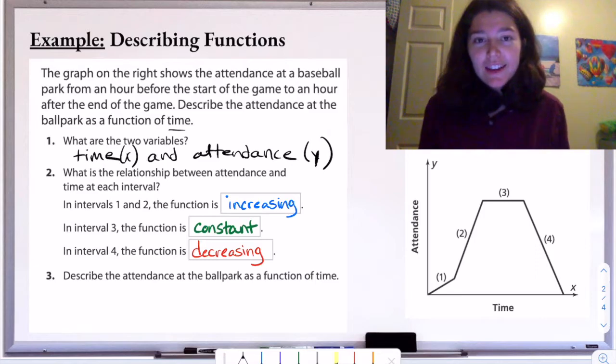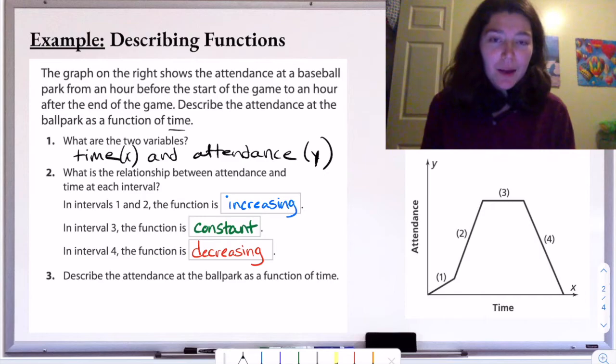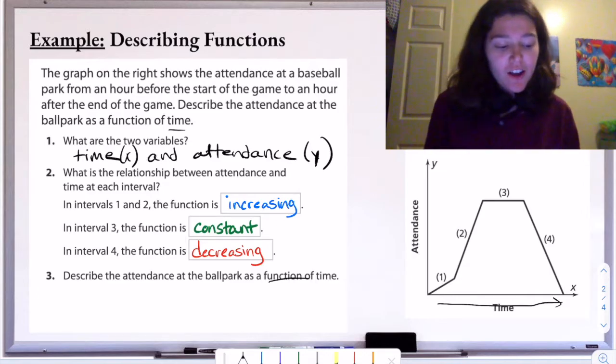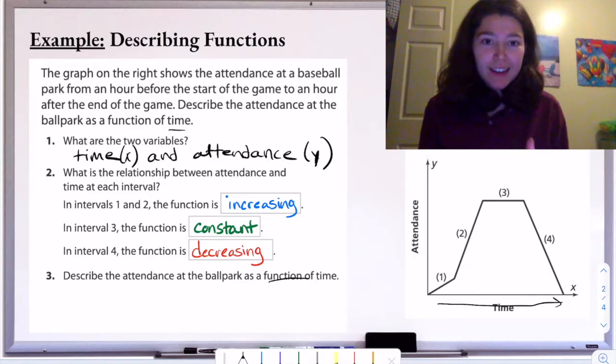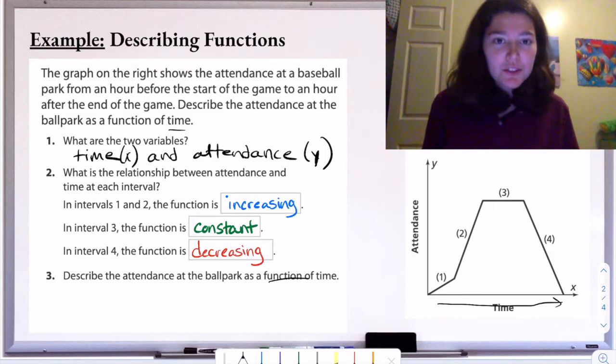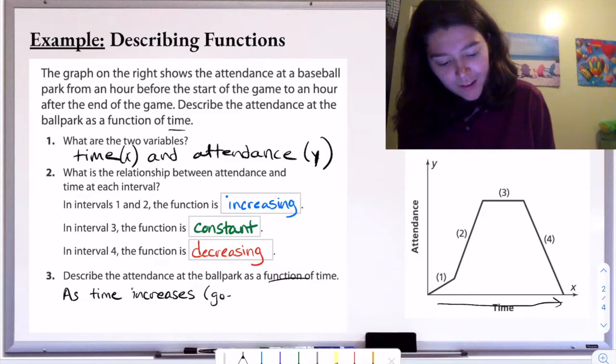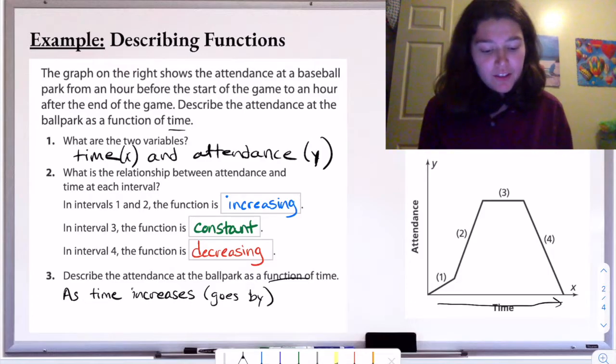So all they're saying there is they want us to take what we said in 2 and really talk about what that means. Okay, so as a function of time, we're talking about this x value, our function of time, increasing, right? Time is passing, so time is going up. Okay, so we're going to say as time increases, or like goes by, right? Because that's more what we say for time. As time increases or goes by,